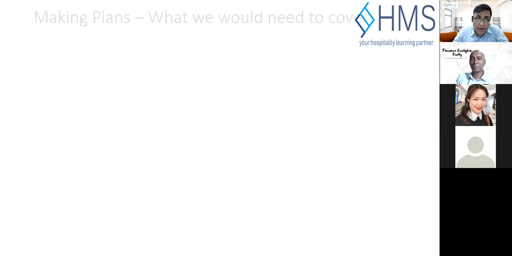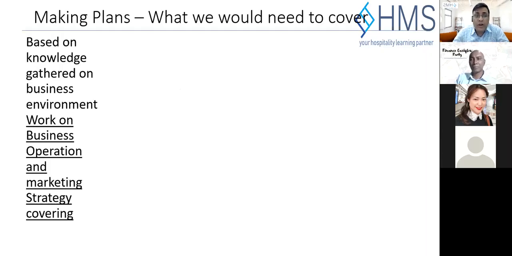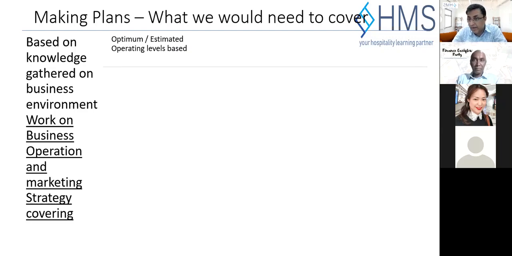Restaurants. Now, we need to cover making plans on operations and marketing strategy so that we can work on our cost as well. So what we are doing in hotels, we are estimating the operating levels and we are consolidating the operations. If we know we're going to have 5 rooms occupied, 10 rooms occupied, there is no point in opening up the entire hotel, entire inventory. We do segmentations. Okay, we open 1 floor, 2 floors, the rest of them we save electricity, we save the